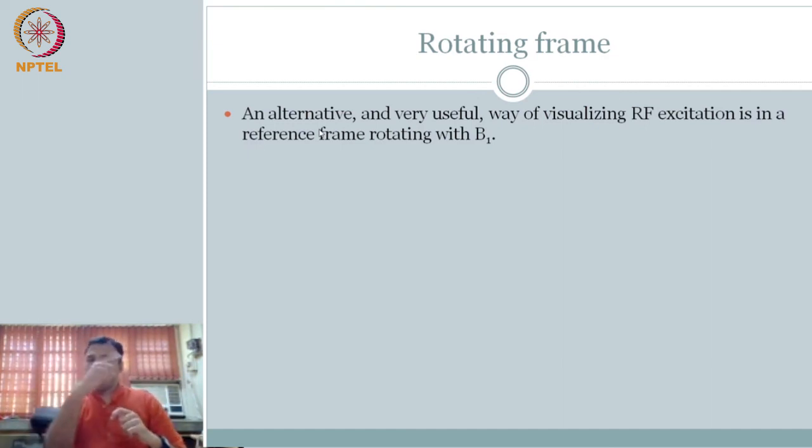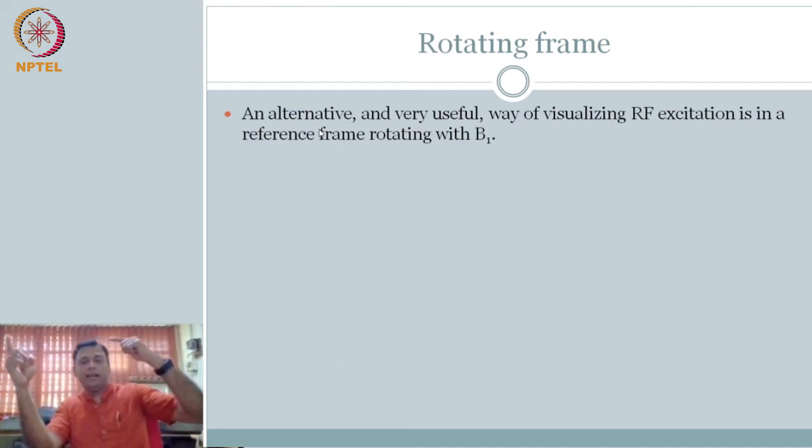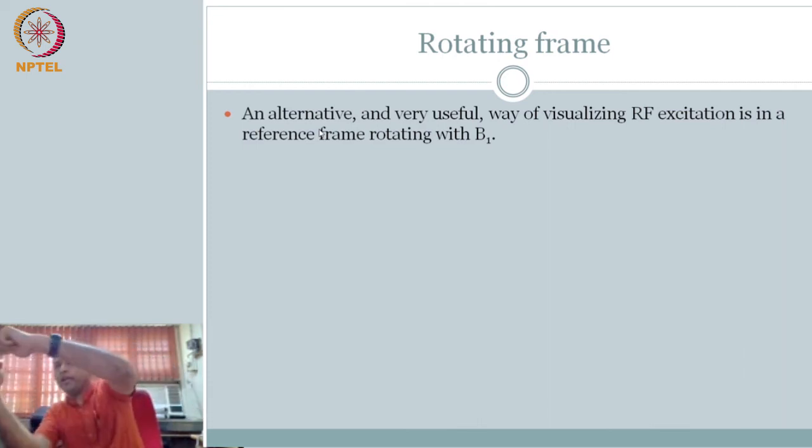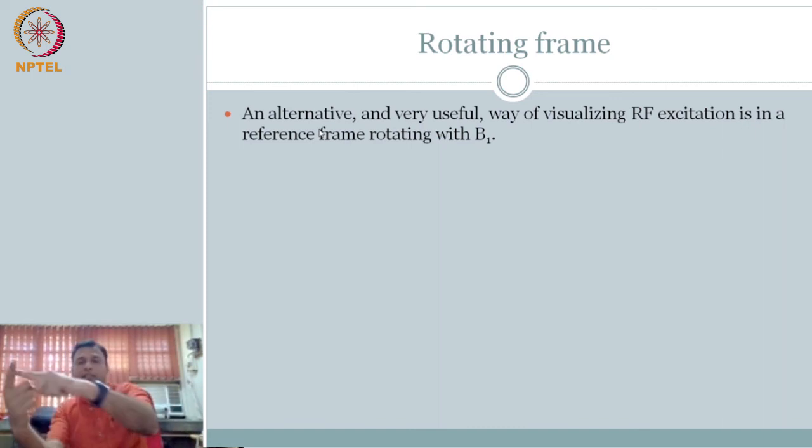Because of the static magnetic field, this is what my magnetization vector is doing. Now I want to apply another one, but that also has to rotate. Only then can I push it, so that is also having a frequency which is the same as the Larmor frequency. To describe this is going to be difficult. It will be easy if I say, if I sit on this motion, then I don't care about this one. All I see is it is going to go down. So that is the rotating frame of reference.